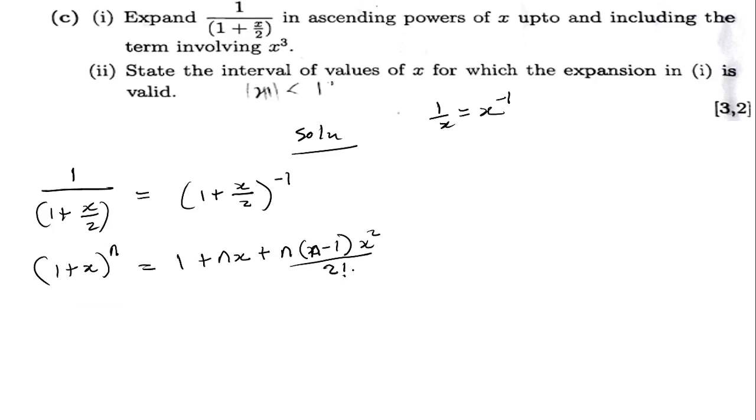and then once again plus n(n - 1)(n - 2) x cubed over 3 factorial, and then lastly you simply say plus infinity. Okay, so with this in mind,